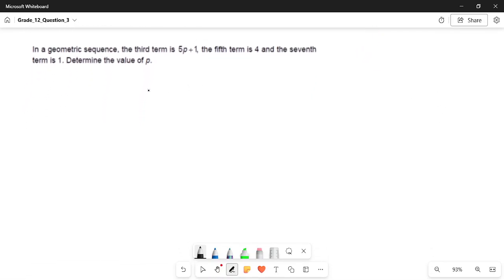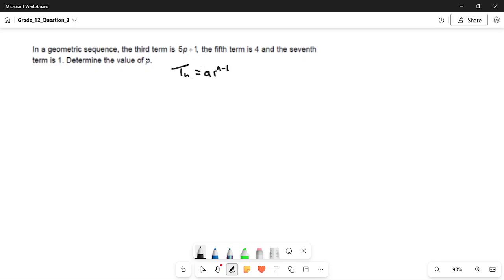And then the last question now. In a geometric sequence, the third term is 5p plus 1, the fifth term is 4, and the seventh term is 1. Determine the value of p. So we know that our nth term for a geometric sequence is defined by nth term is equal to a times r raised to the power n minus 1,